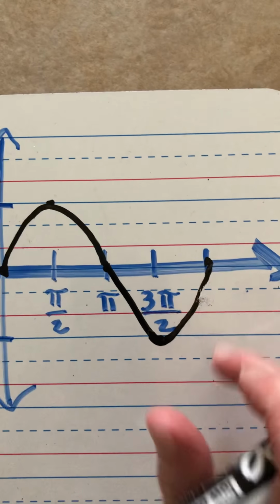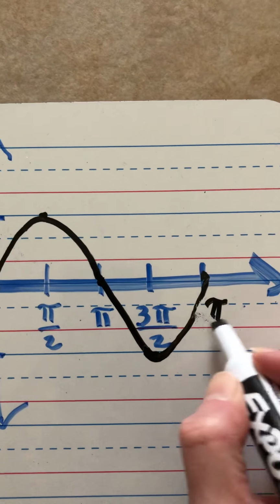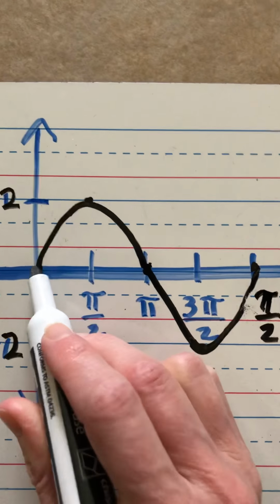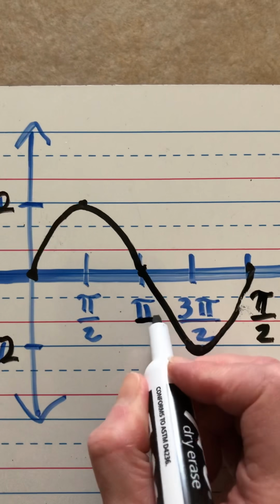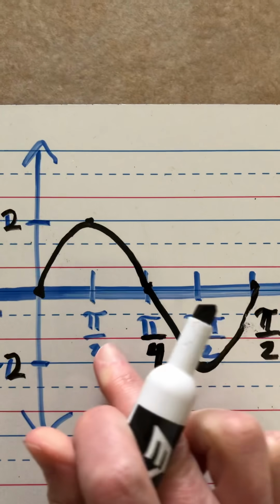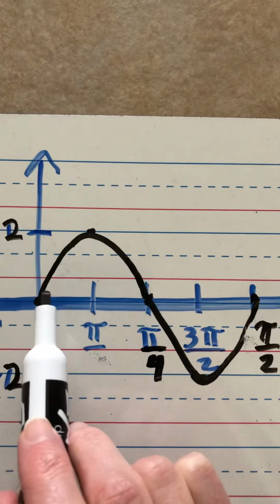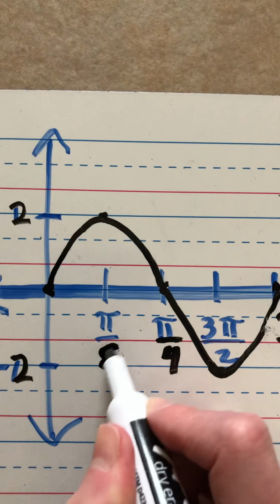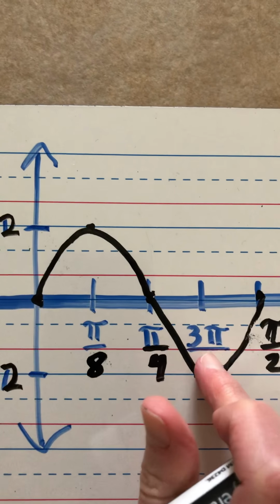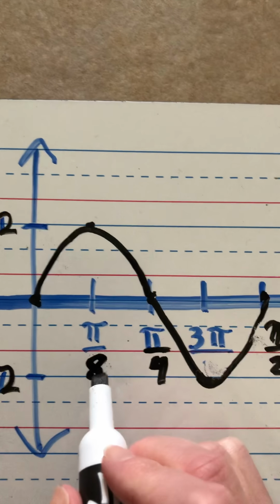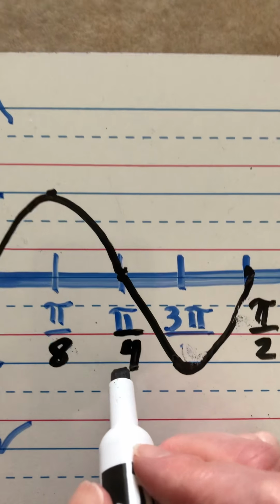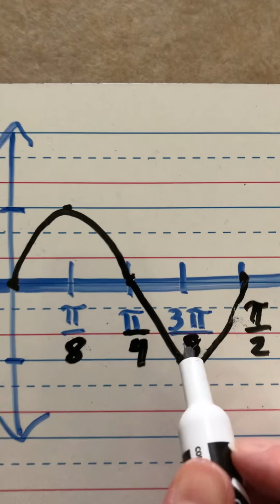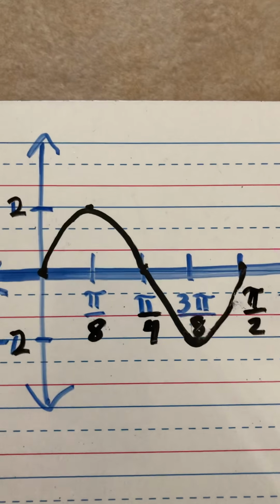So you just change this to pi over 2, and then this point is halfway between 0 and pi over 2, so that would be pi over 4. This point is halfway between 0 and pi over 4, so that's half of 4, which is 8. And then here we have 1 pi over 8, 2 pi over 8, which reduces to pi over 4, then 3 pi over 8. And so basically that's all you have to do: take your parent function and make the adjustments on it,